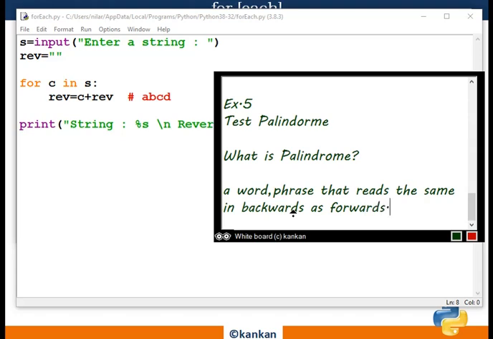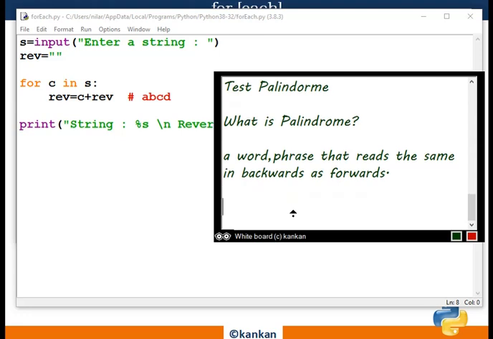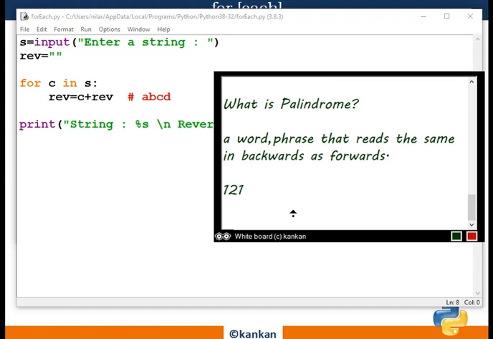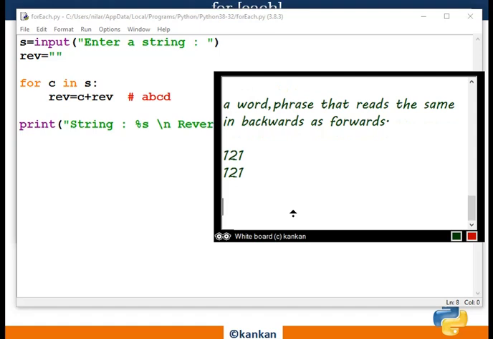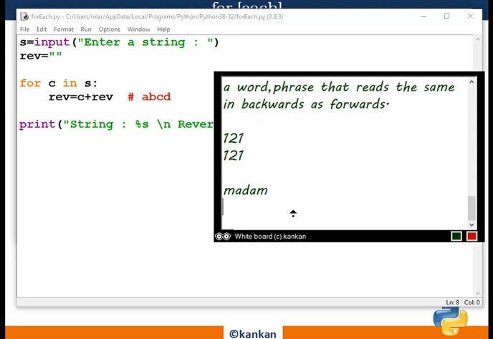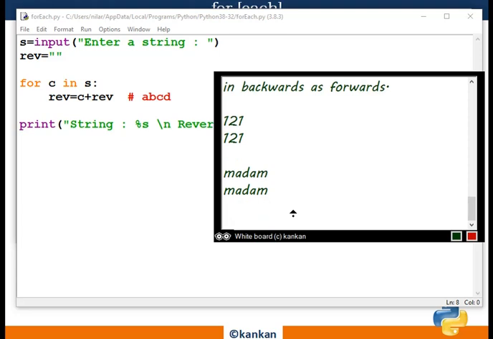Okay, so as an example, if you enter 1 2 1, if you reverse it, the value will also be 1 2 1. Another example is madam, and if you reverse it, the value will be the same. So this is our example of palindrome.